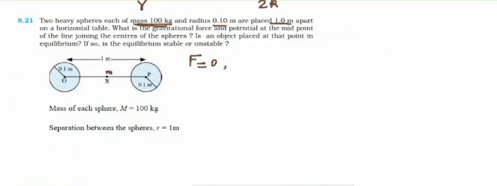So there will be gravitational potential due to both the spheres at the midpoint. Therefore, the total gravitational potential V is equal to 2 into potential due to both the spheres, 2 into minus GM divided by r. And what is the value of r? R, you have to take the distance from the centers of the sphere. So you have to take 0.5 meter value of r. So substitute the values, you will get